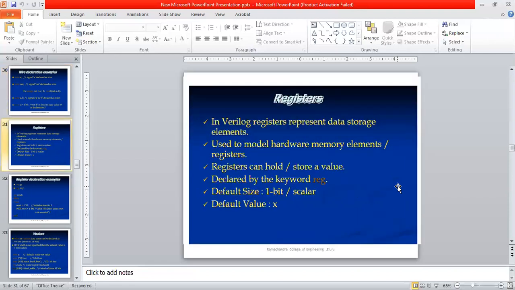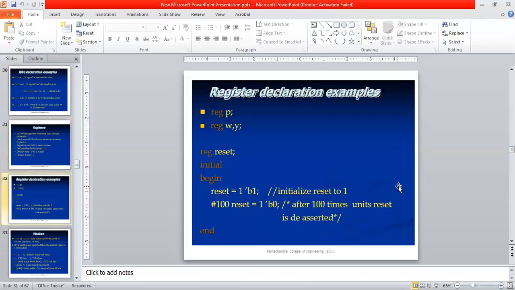The next one is the register. What is the purpose of the register? It is one of the data types used in our HDL language. It is used to model hardware memory elements, or registers. The keyword used in our HDL language is reg.